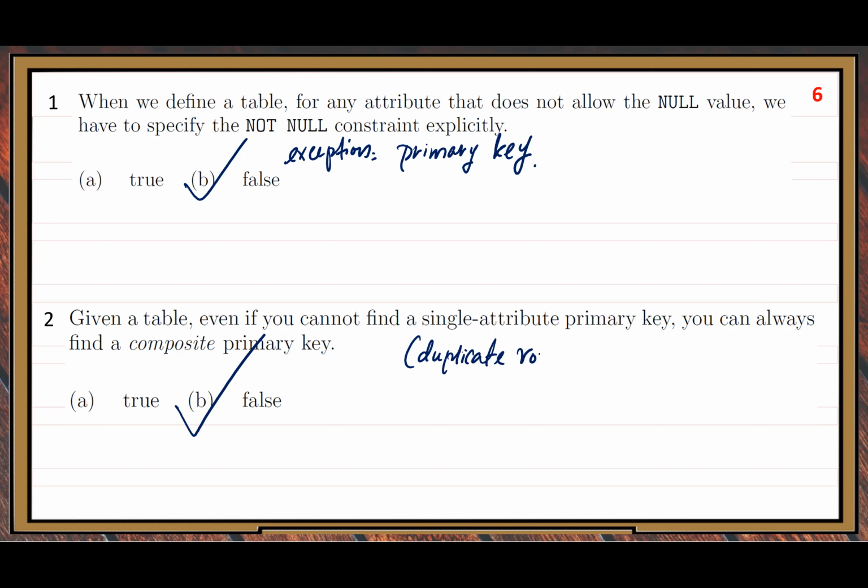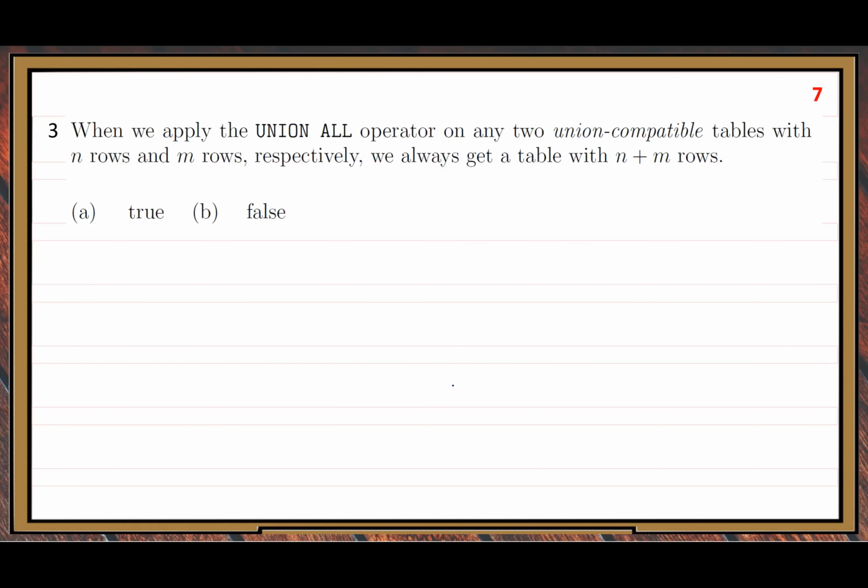Consider this case. Duplicate rows. Number 3, union all. When we apply the union all operator on any 2